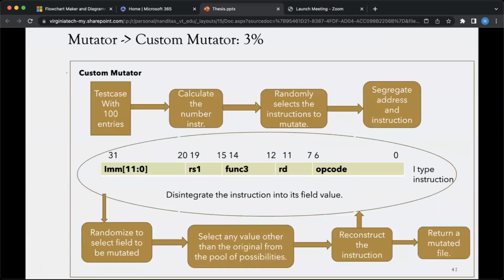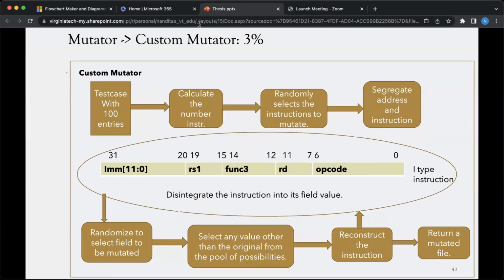And then we have a mutator. In software fuzzing, we have a mutator which changes the input a little bit. It either trims the input or performs some logical or arithmetic operation on the input, and then keeps on sending those inputs to the program and keeps on checking the coverage. But in our case, we have a processor. A processor cannot have any invalid values, otherwise it will go into a trap state, and we don't want that. We want to explore its functional state. So in order to only explore its functional state, we have to write a custom mutator.